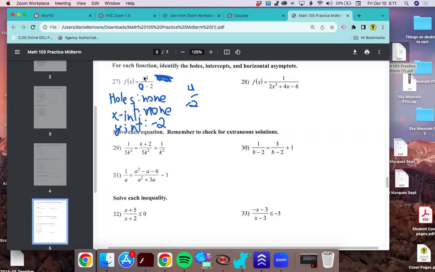Horizontal asymptote, that's us just analyzing what we call the long run behavior or the end behavior of the function. It's us analyzing what happens as you plug in bigger and bigger values for x. If I plug in a million or a negative a million, what happens to the output values? Do they start tapering off or do they skyrocket? And notice with this one, if I have a higher power of x on the bottom than on the top, this is an x to the 1 on the bottom, and there's no x's at all on the top, or x to the 0, then when I plug in huge numbers for x,